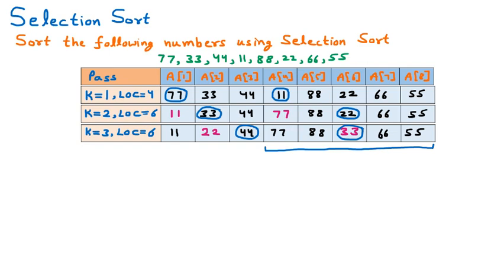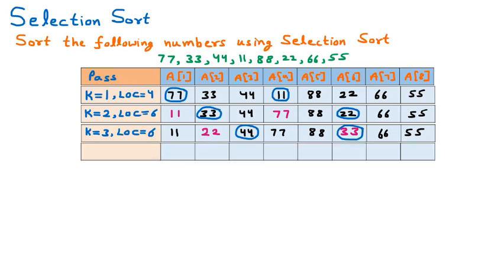So we are inserting one more row here. In this row we are going to take the elements which are in the circle and swap them. So here the 33 will come and then on the other side 44 will be swapped. Rest of the elements will come as it is. So 11, 22, 77, 88, 66 and 55.